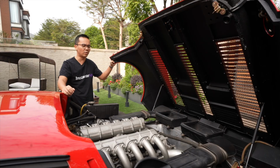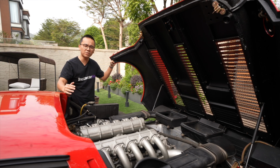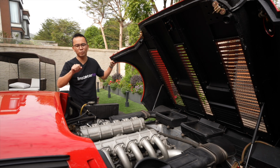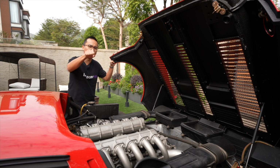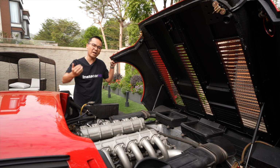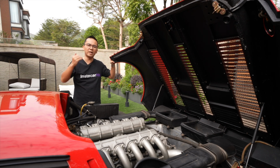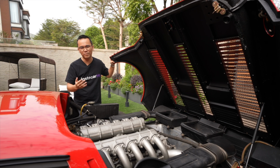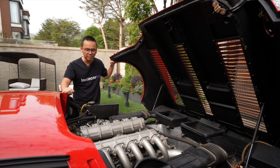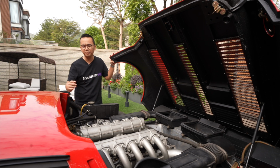Now, many of you would have also read and heard that this car, while it's called the Berlinetta Boxer, the engine configuration is not actually a boxer, because a boxer is where the pistons go at each other like a boxer punching. But this Ferrari actually has a flat 12 where it's still a V, but a very wide angle V at 180 degrees. So strictly speaking, the pistons are still going down a bit and not punching each other per se. So it's not a boxer, but there are many stories about how the name came about, including one which was